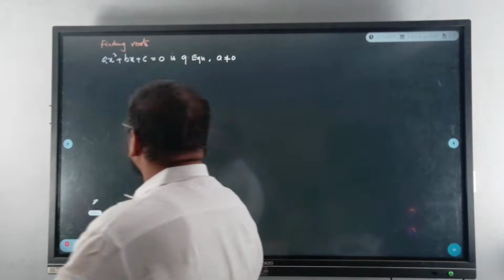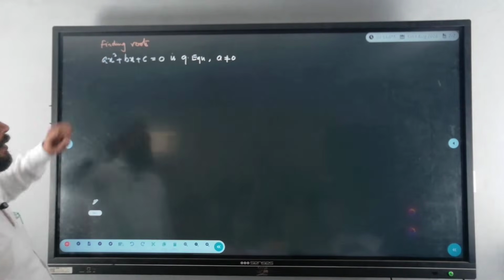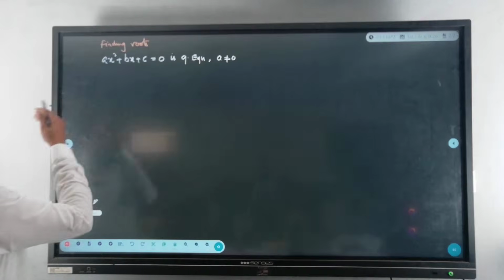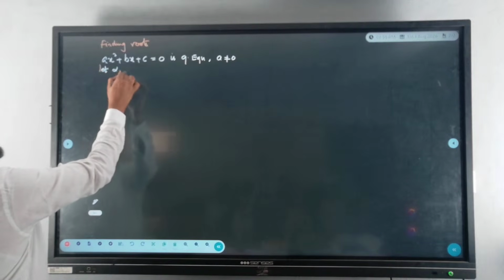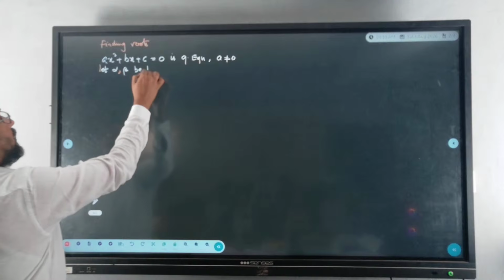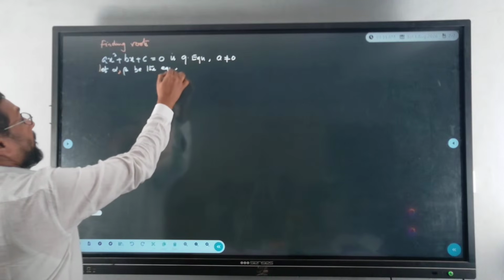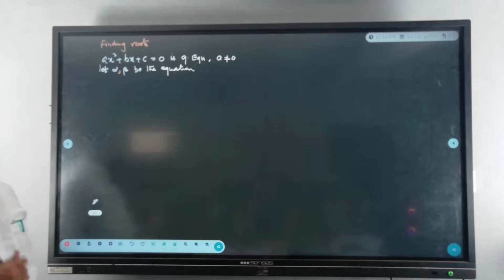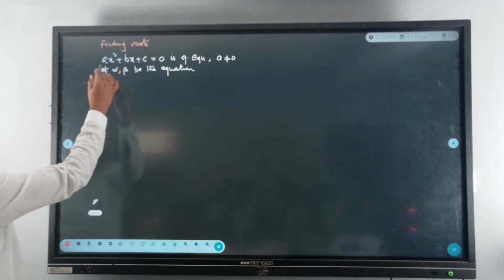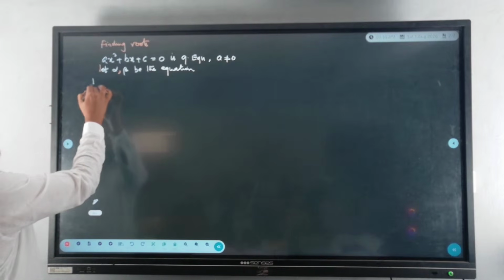So degree 2. Degree 2. So how many roots will exist? Let alpha comma beta be the roots of the equation. So what is alpha, what is beta? అది మనం ఫైండ్ చేయాల్సింది. ఓకే, సో ఇప్పుడు చూడండి, బై యూజింగ్